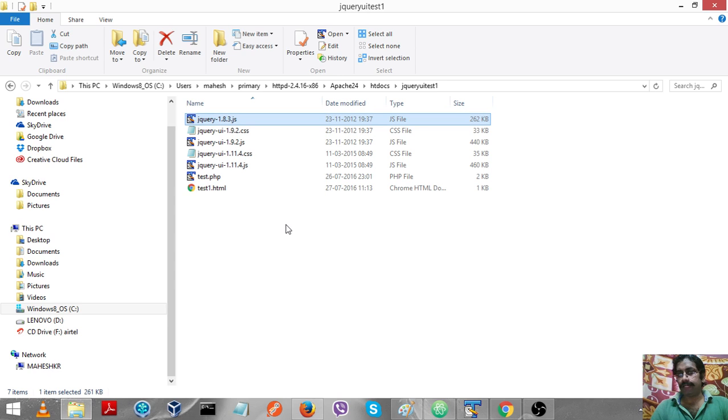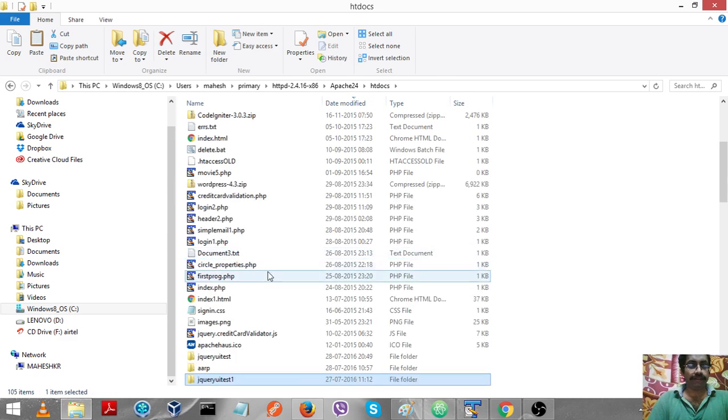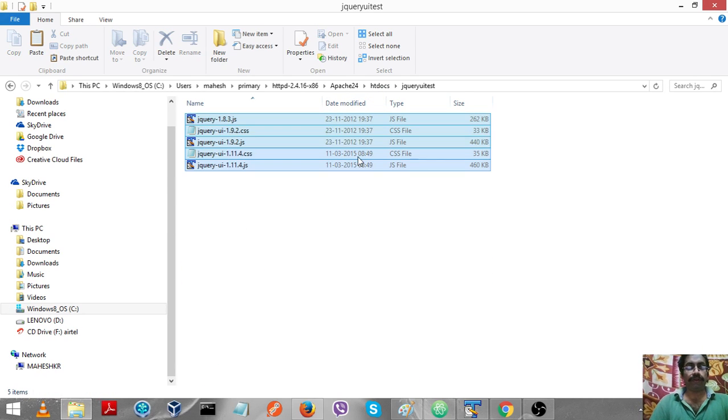Here the problem is to load different versions of jQuery UI but the same version of jQuery. So I have jQuery 1.8.3, jQuery UI 1.9.2 and 1.11.4, and let's copy that to the new folder,